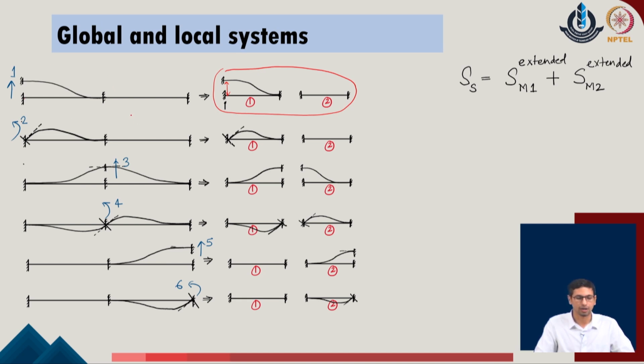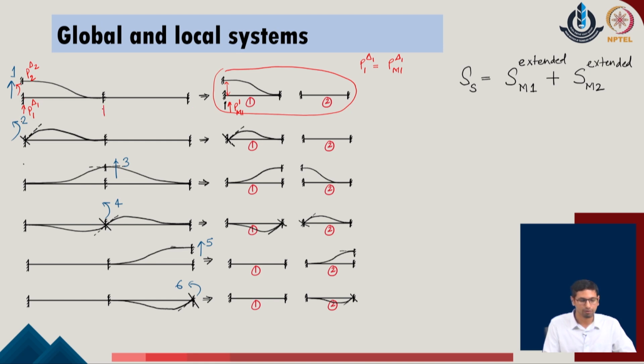Now, in order to understand the amount of forces which we are going to calculate in the given system, we were looking for the force P1 corresponding to the delta 1 in the given problem, or the force corresponding to the moment over here, so P2 corresponding to the delta 2 in the given problem. I can now realize that these 2 forces in the given system are nothing but P1 of delta 1, which is equal to the P corresponding to the member component, the force which I will be getting over here with respect to the member 1, and that is corresponding to the same field which is respective to the delta 1 deformation in the given system.